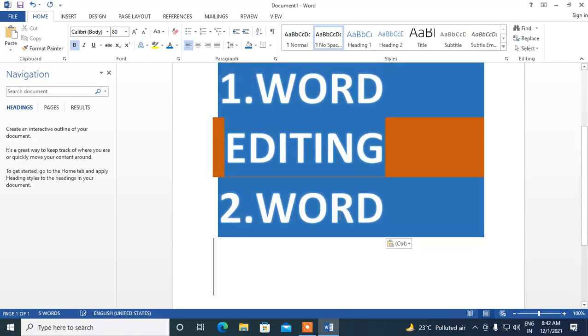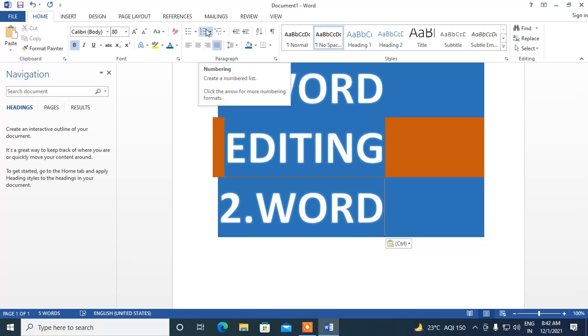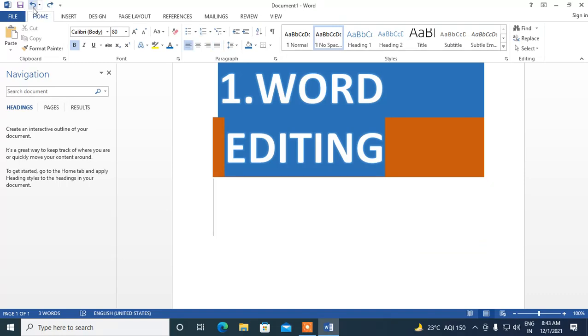See how nice it comes when we give this format of numbering. Automatically number 2 will come. So this is also auto numbering. We can also move the text, cut, and when you move the text, there is no copy, you just move it. Undo and redo I have just shown. I can undo this all, this is what we call undo, and this is what we call redo or redo paste.